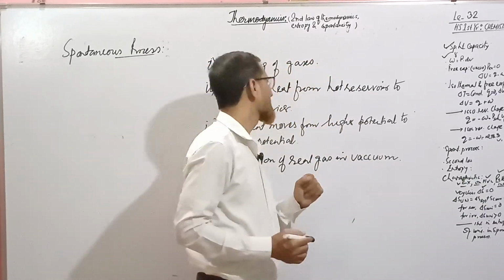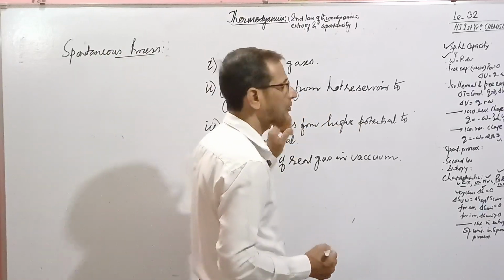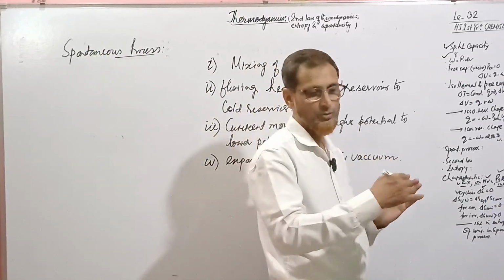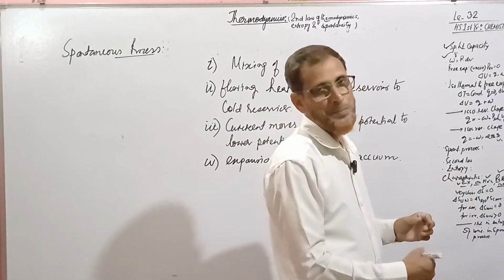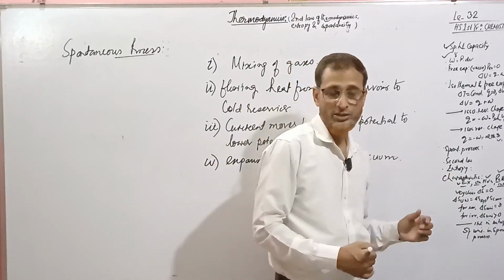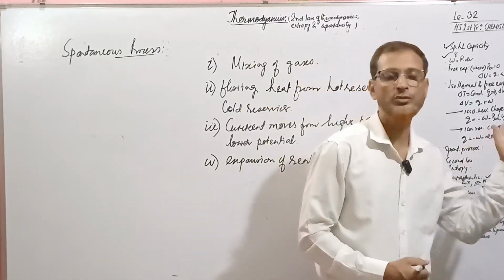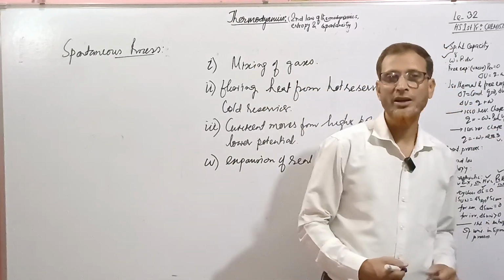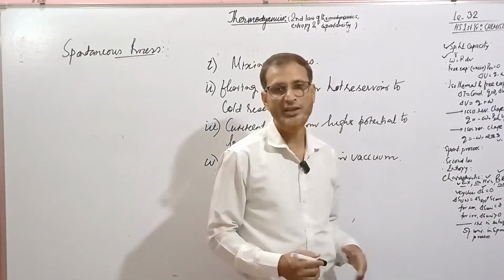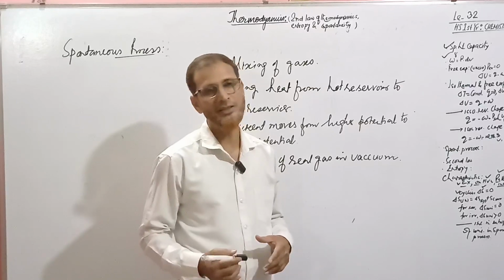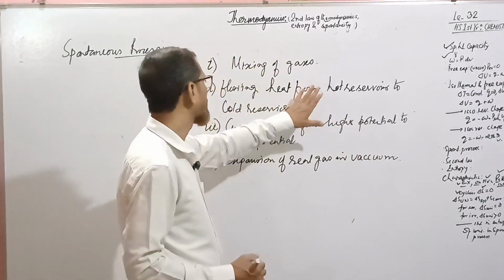Later on I will define it. The second one is flowing of heat from the hot reservoir to the cold reservoir. Here there are two reservoirs, one hot and another cold, and if heat is allowed to transfer from one reservoir to another, it naturally moves from the hot to the cold reservoir. This is also a process where no interference or work is done by any person or any machine. Hence it is also a